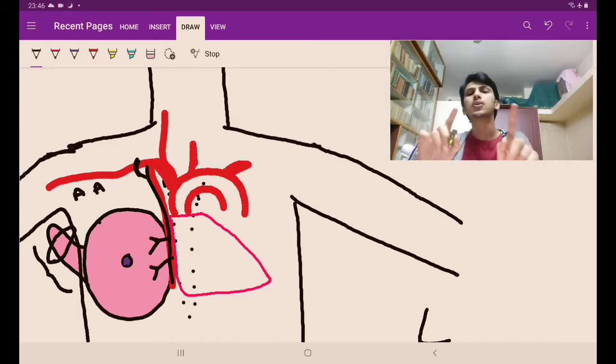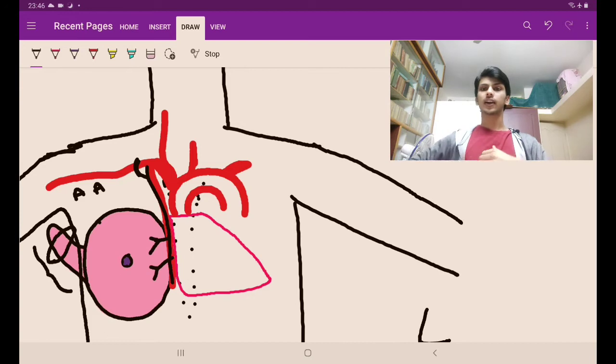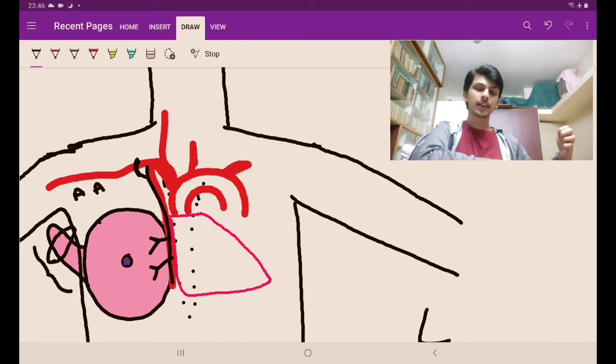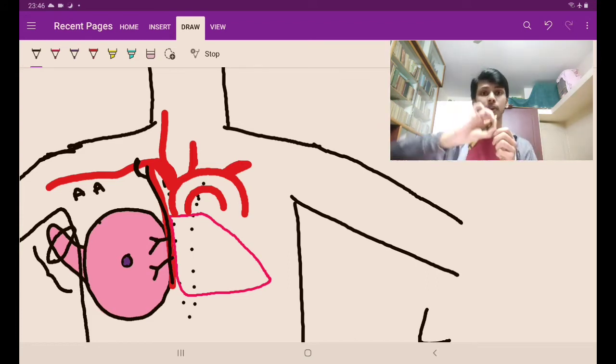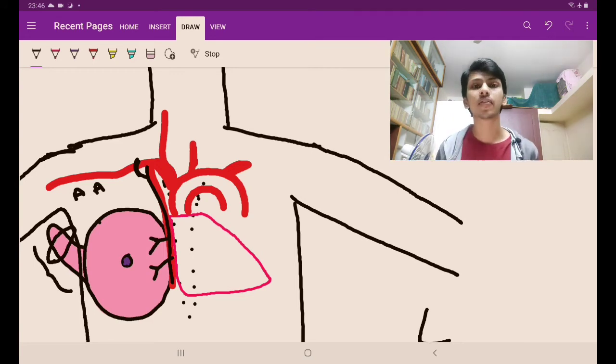Okay, see here, guys. So where is the internal thoracic artery? It is on the inner side of the chest. Meaning, now this is the chest. If I cut here and open it like this, it is on the inner side of the chest. But the breast is on the outer side of the chest. So how will the inner side artery supply the breast? It has to pass through the walls of the chest. So that is called perforating branches. It is passing through the chest wall. It is perforating the chest wall. So that is called the perforating arteries. The perforating branches of the internal mammary artery.